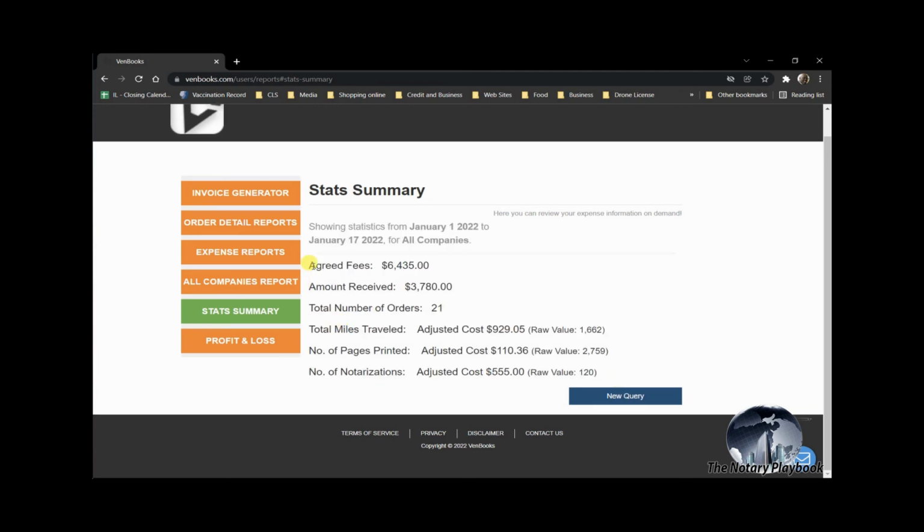Okay, so this year I've agreed on $6,435 in fees so far. I've received $3,700 in fees so far. I've completed 27 closings in this year. I've driven 1,662 miles, which means that as a business deduction, I can currently deduct $929 off of my